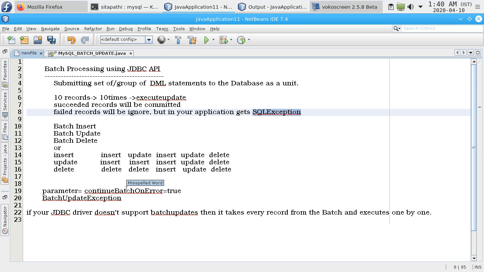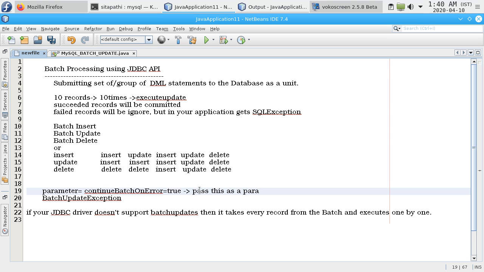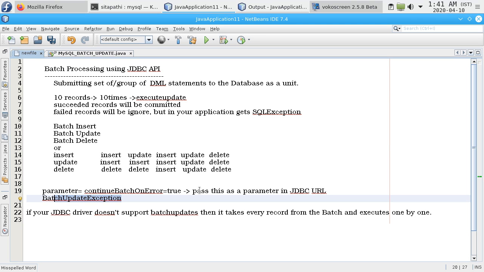You need to pass continueBatchOnError, by default, as a parameter in your URL, that is the JDBC URL. If any of the records fails, it throws a BatchUpdateException,